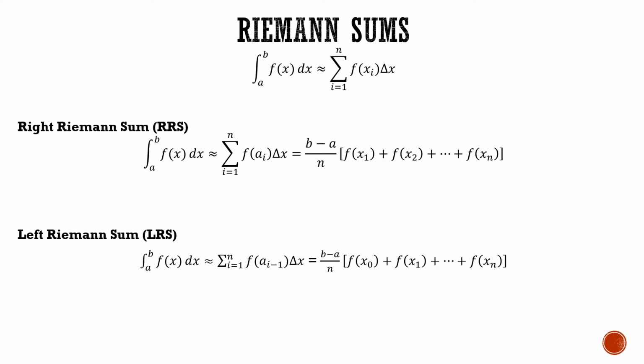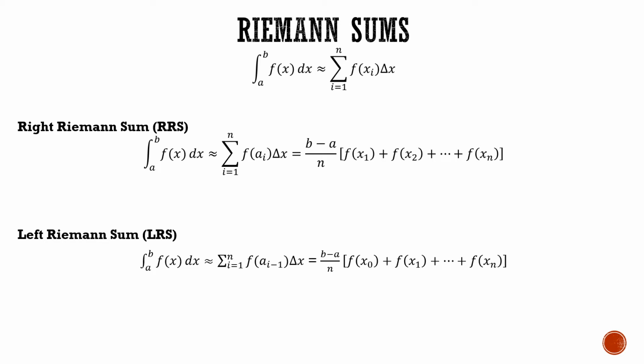So if you don't know how to actually calculate the integral, we can calculate a Riemann sum to get a good approximation. Now we have a lot of different types of Riemann sums. And so when you're doing Riemann sums, generally you're creating a rectangle or a trapezoid or some shape that you actually know how to find the area of, and then you add all those little areas together. So the first one, or the first two we're going to talk about, is the right and the left Riemann